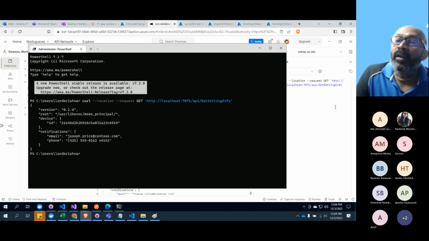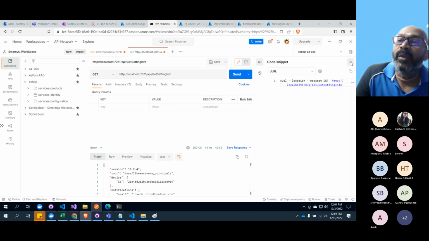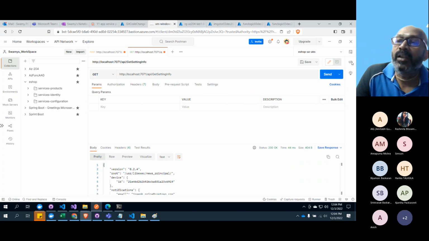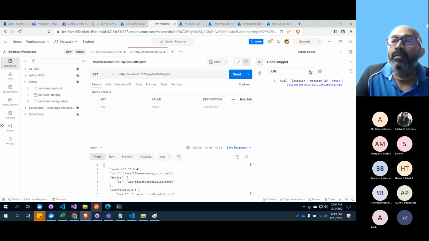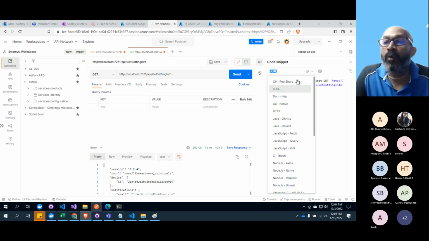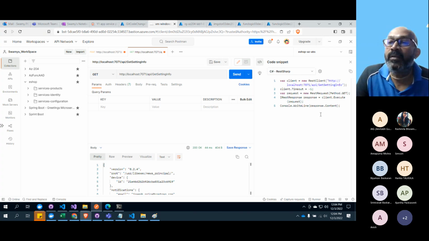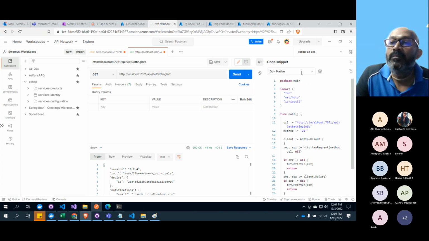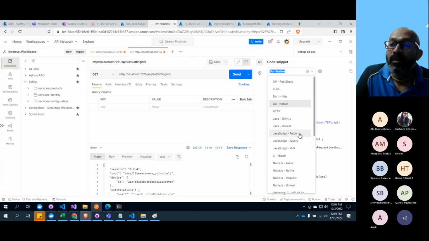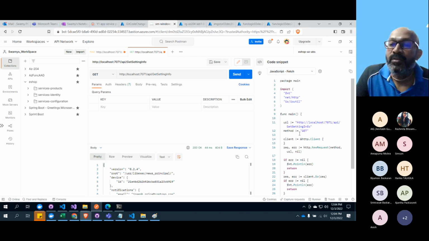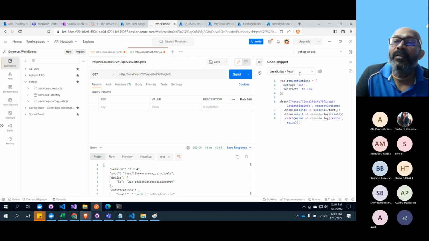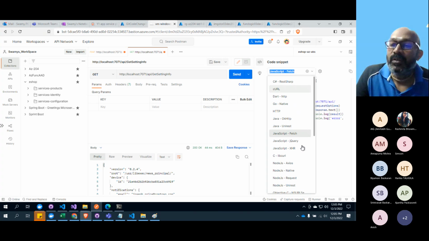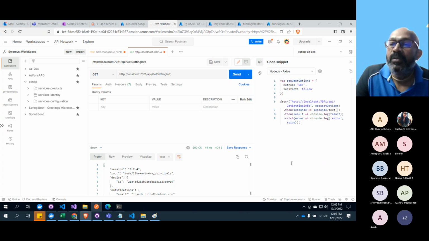If you don't know curl or anything, this will be here. The code symbol, just click on that in Postman and in the drop down, pick whatever you want. You want C# with RestClient, or Dart or Go native, or fetch, the latest way of JavaScript, or C library, or Node.js with Axios.